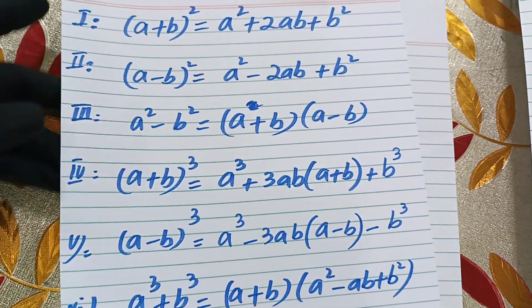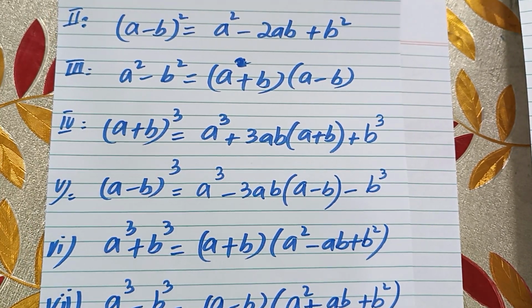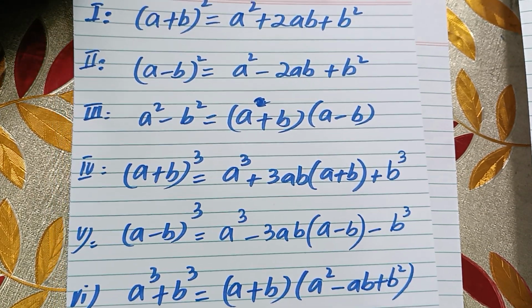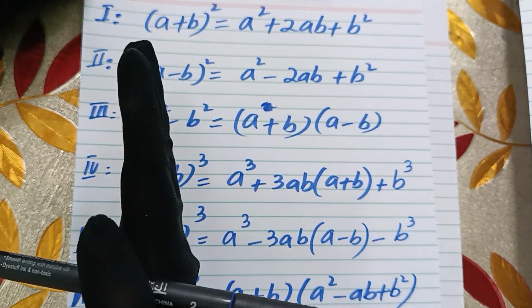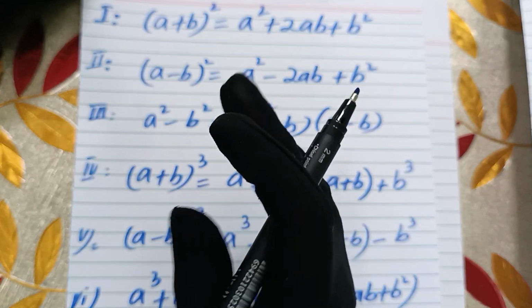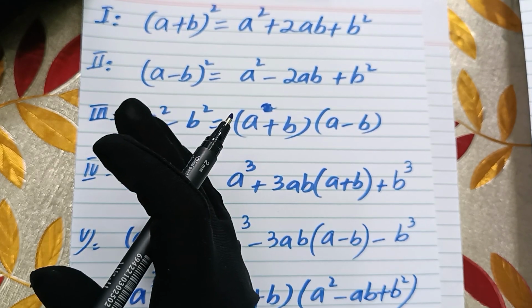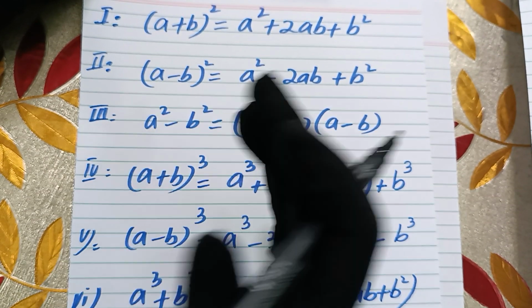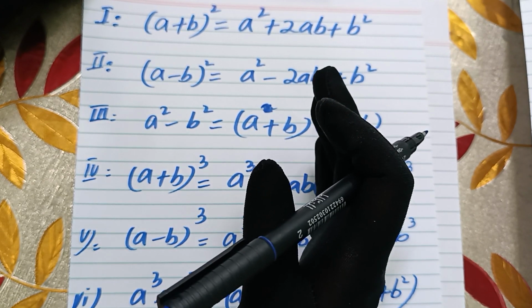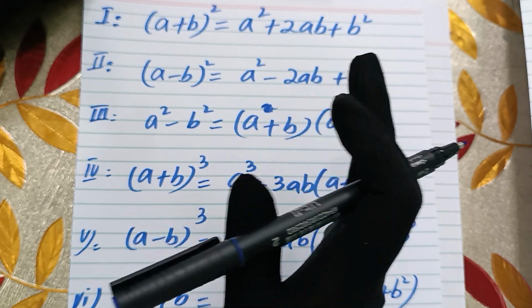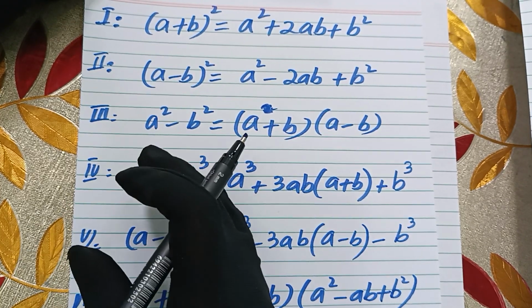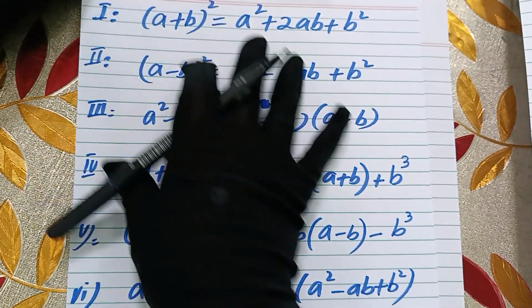If you want to keep this chapter in mind, you must be good in all these 7 identities equally. If you see any of the formations from right to left or from left to right, you must know clearly how to change from left to right or right to left. Then this chapter will be good and algebra will be good. If you don't know these identities, how to derive them, how to solve them, how to write them in the expansion form, the factor form, or the product form, you will be very bad in algebra until you have a good command of these identities.